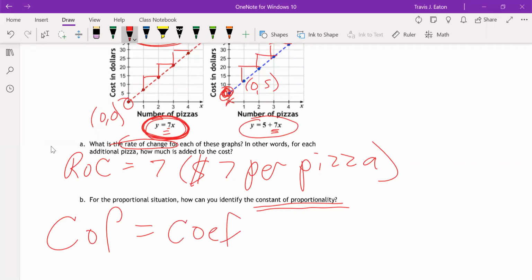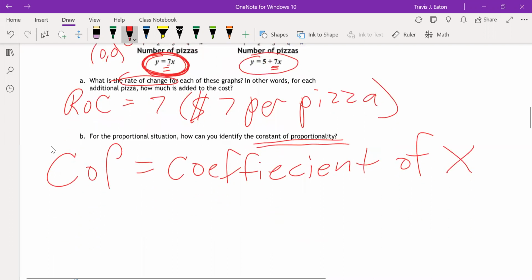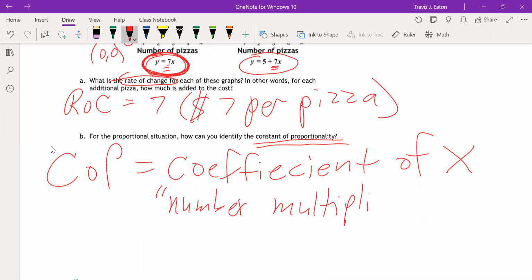It's the number that is multiplied by x. That's what a coefficient is. The number multiplied by the variable x. And in this case,